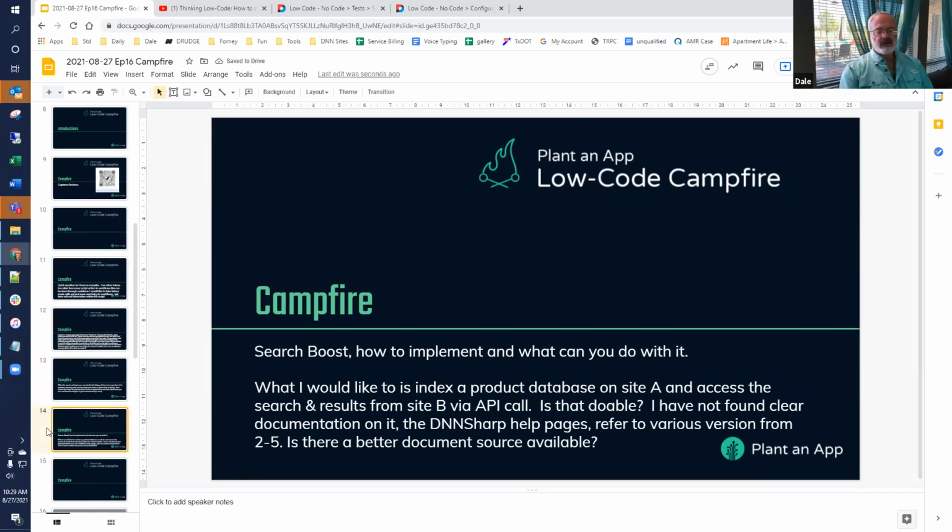What else do we have? I had a reserved question about Search Boost, and we can talk a little bit about Search Boost, but nobody else has anything going on? No, I was a little late to the party, Dale, and we can do Search Boost next.